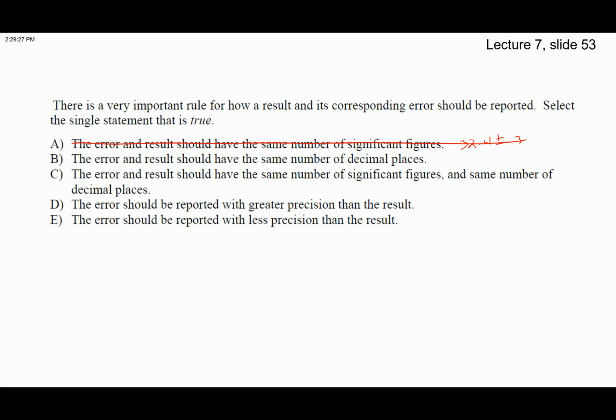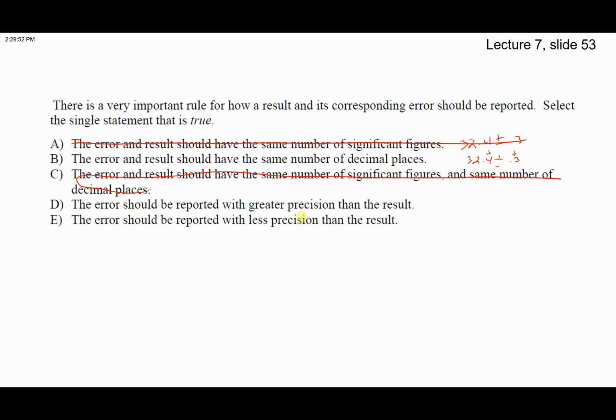The error in the result should have the same number of decimal places. Right, 32.4, and this one goes to 0.3. So yeah, it goes to the same decimal place, right? The same decimal places. The error in the result should have the same number of significant figures, which we already know is incorrect, and the same number of decimal places. Absolutely